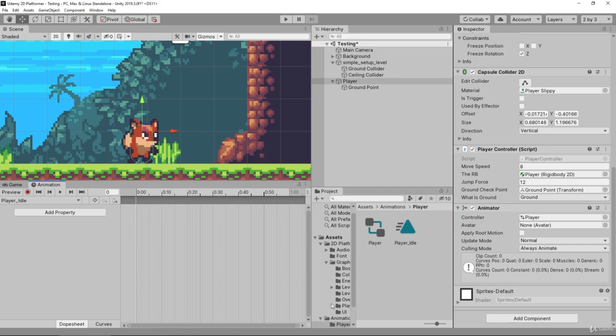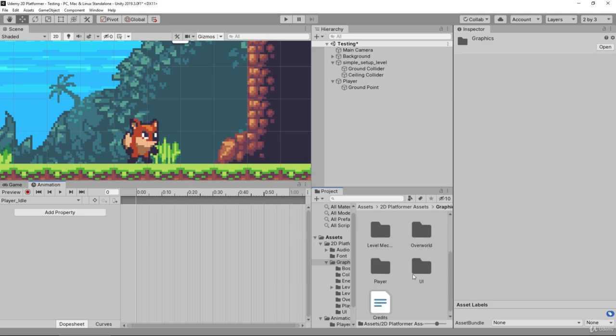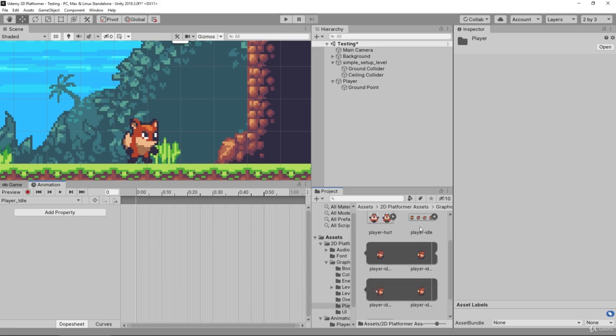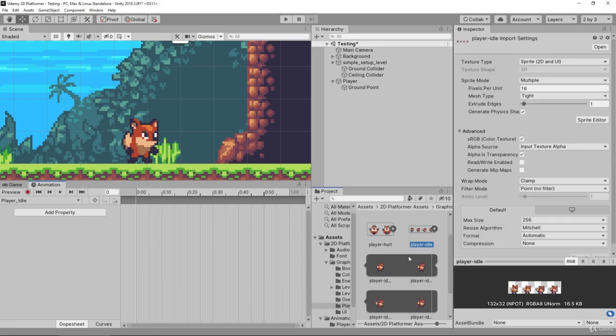So I'm going to get some graphics for us to use for this. So if I go back into my 2D platformer assets and the graphics folder and go down to player, we had the player idle sprite sheet that we set up before, so we know we have the 4 frames of this. I'm going to click and drag these in one by one to our animation, which will allow us to have a smooth animation on our player. So I'm going to drag the first one in here,